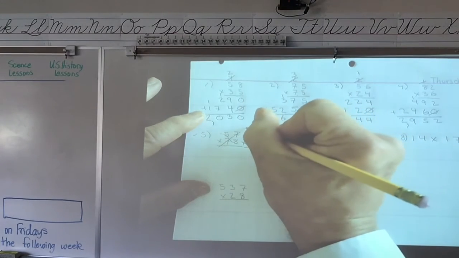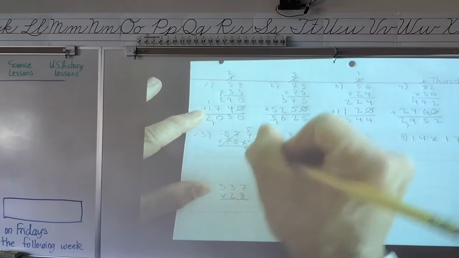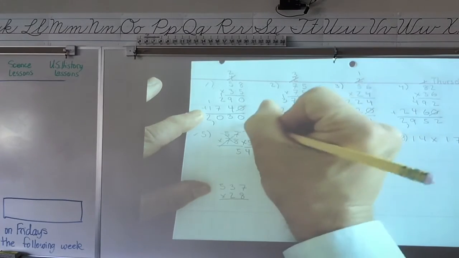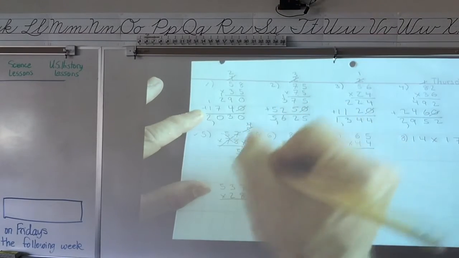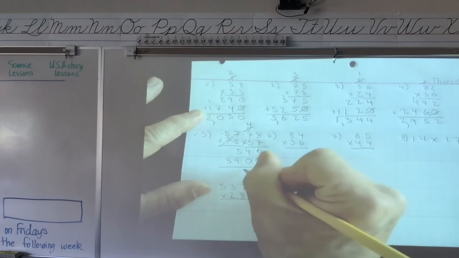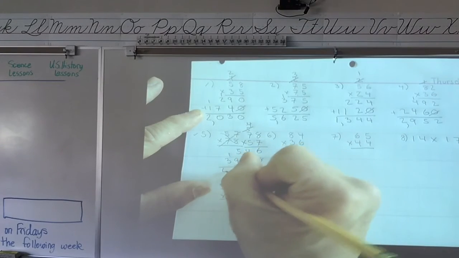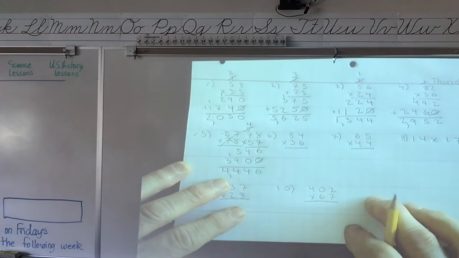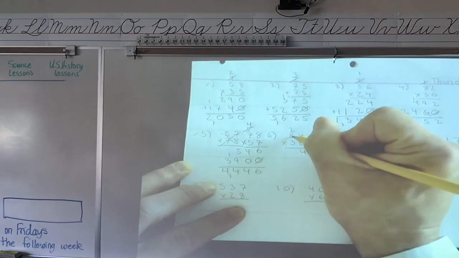7 times 8 is 56. 7 times 7 is 49, 54. Shift, cross that off. 5 times 8 is 40. 5 times 7 is 35, 36 or 78, 39. Add them up, and I get 6, 4, 9, 12, 13, 14. I get 4,446. Next one, 4 times 6 is 24, 6 times 8 is 48, 49, 50,